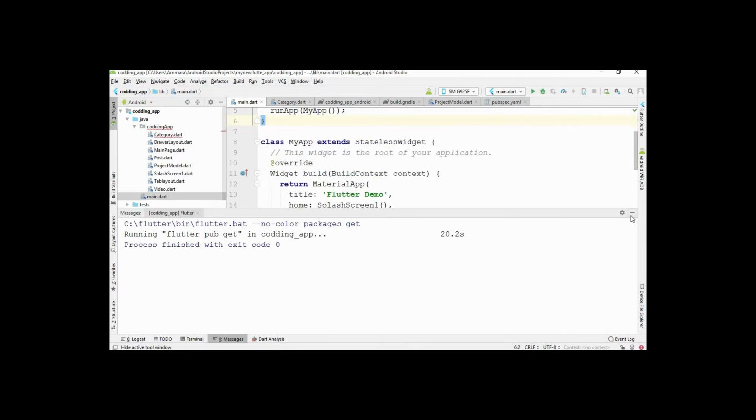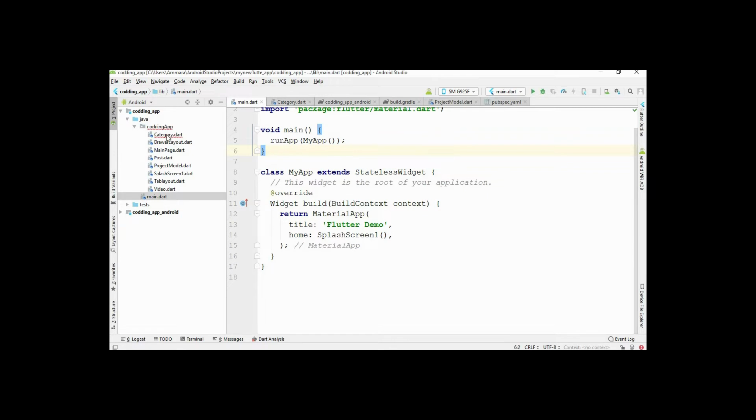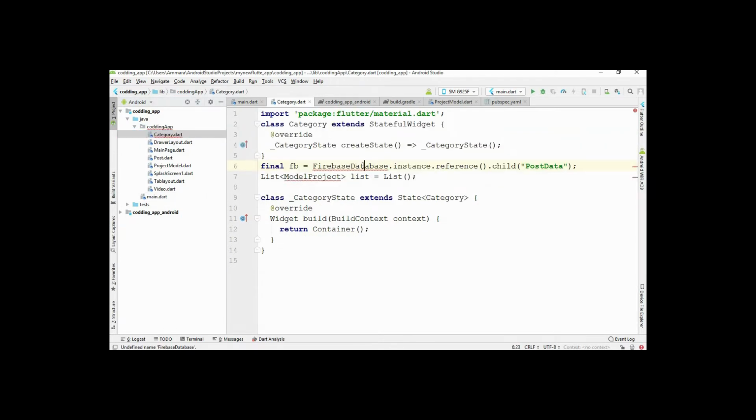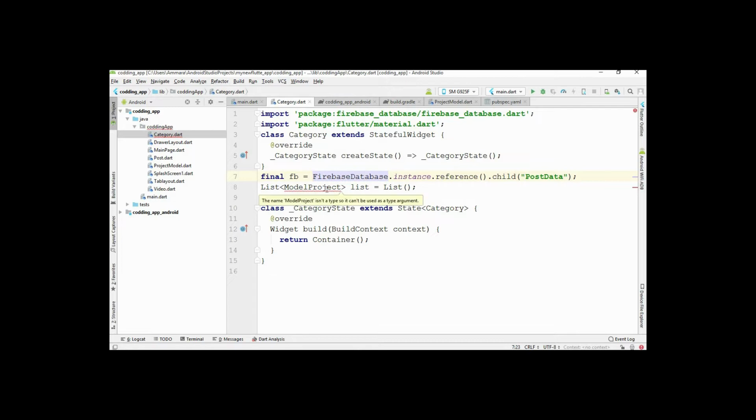Now close this and go to your category.dart file, and press Alt+Enter to import the database library. After that, you have to import the class we created in this model package, project.model.